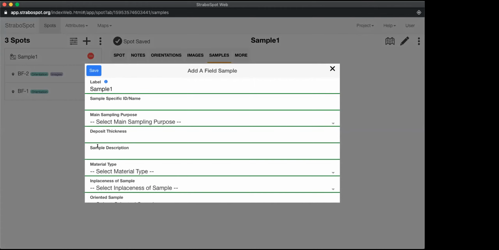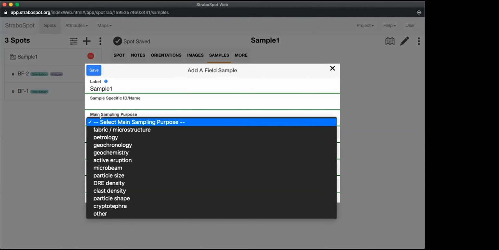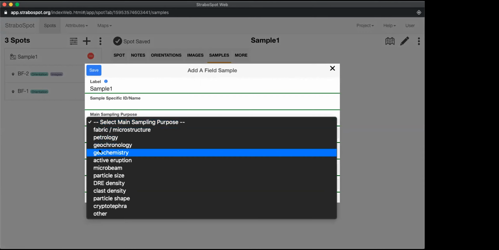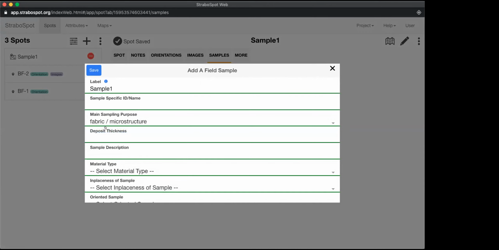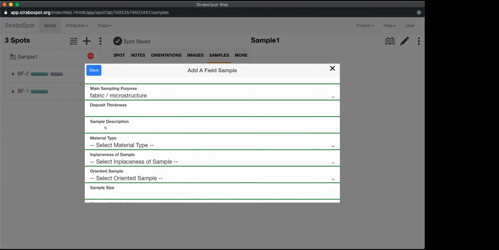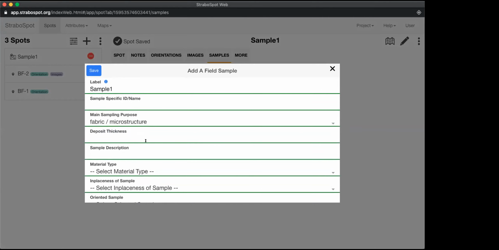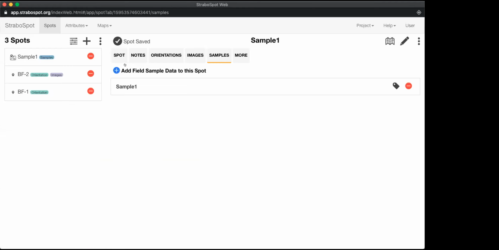We can select some metadata. So our main purpose for collecting this sample, we're going to say we want to make a thin section and look at the microstructure right along that fault plane. We can add additional information, which we don't need to do right now. We're going to save the sample by clicking save. And now we'll return to